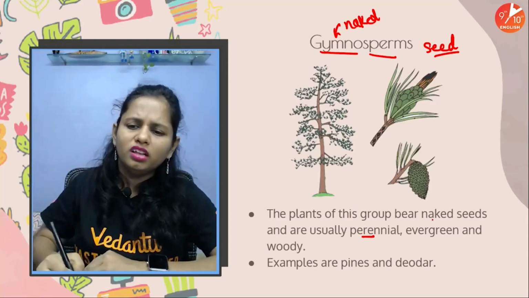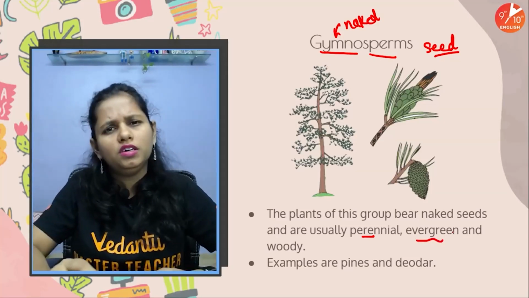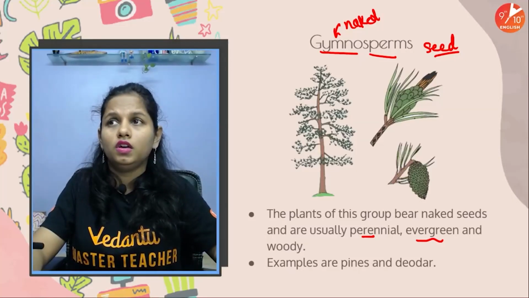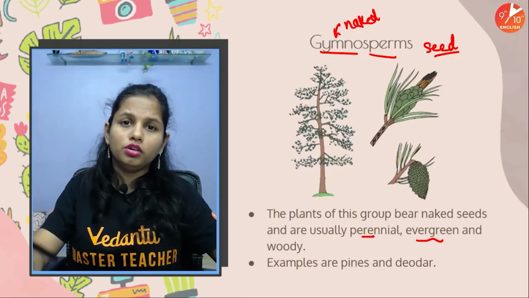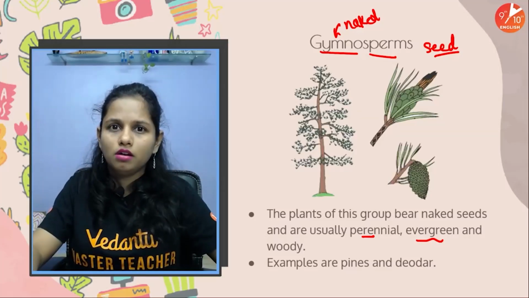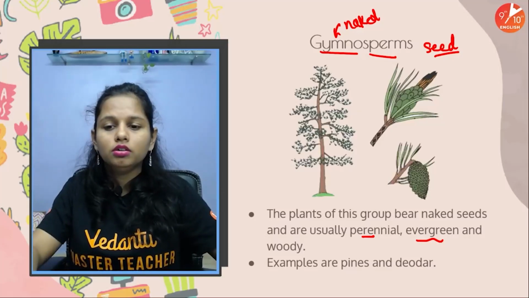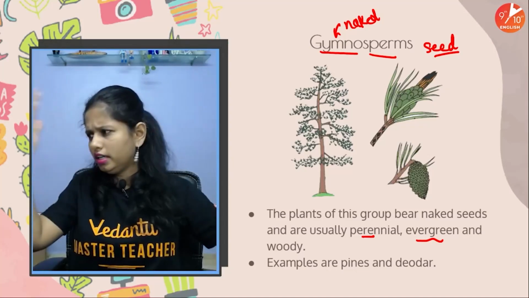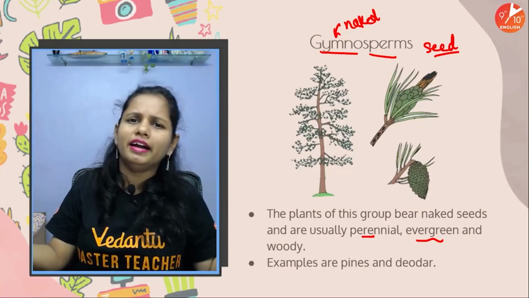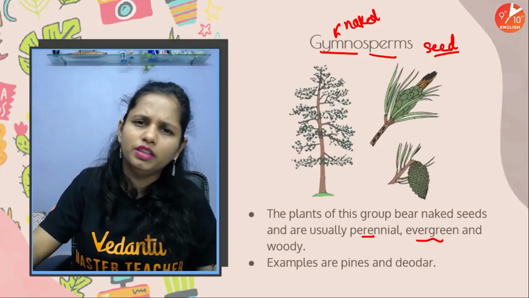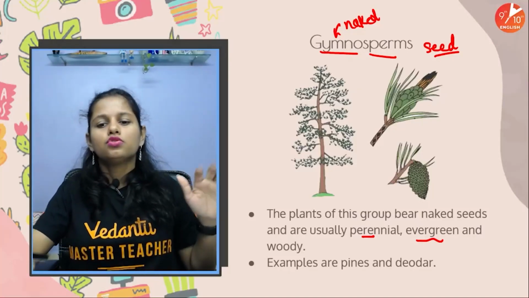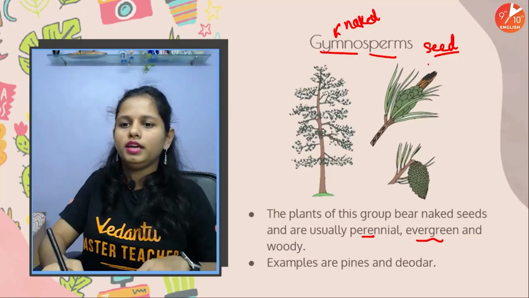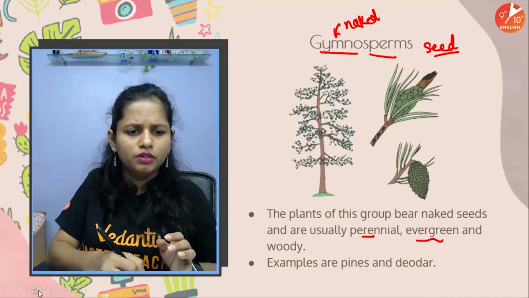They are evergreen throughout the year. Their overall appearance is green. It's not the case that they shed their leaves only once in a year, like deciduous trees. But occasionally they keep on shedding their leaves randomly, whenever they turn old or when they want to get rid of them.